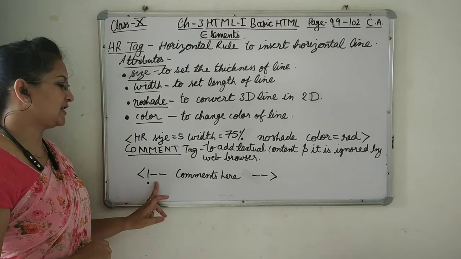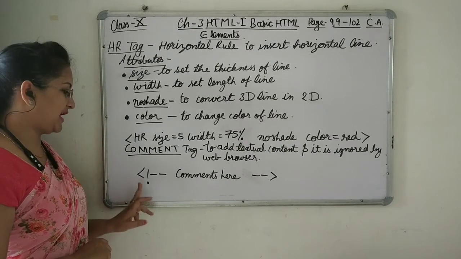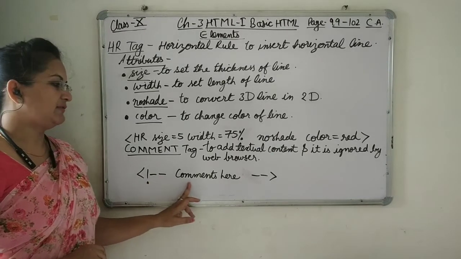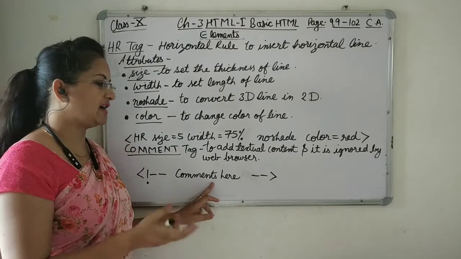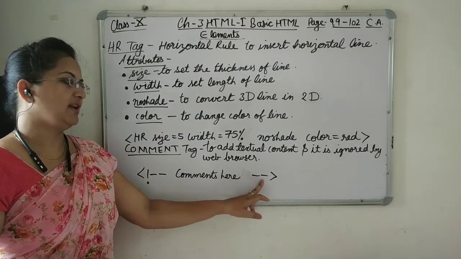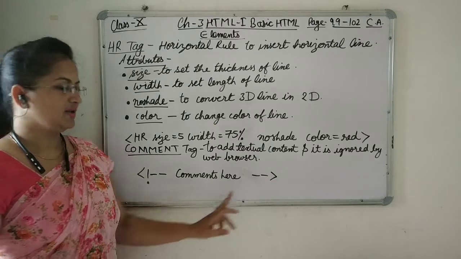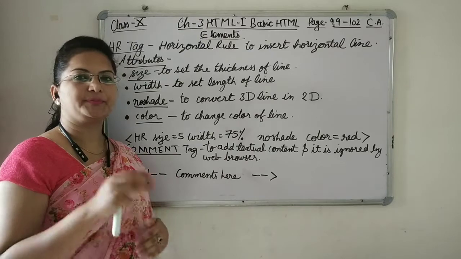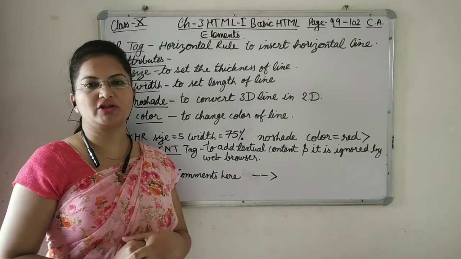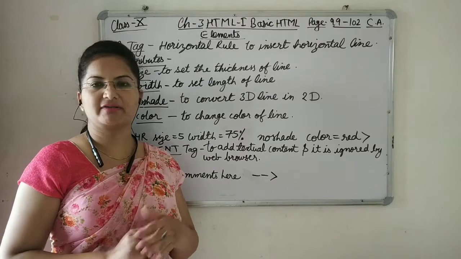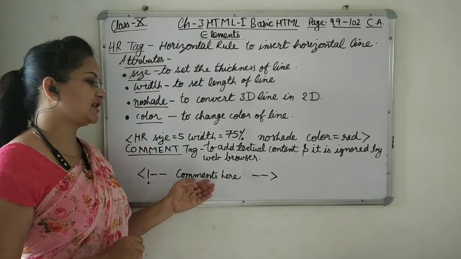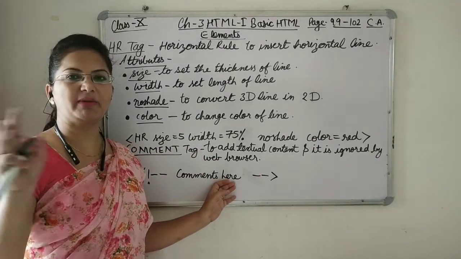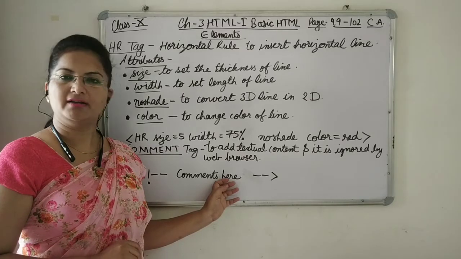How to add textual content which will be ignored by the web browser? We have to use angle brackets, inside that an exclamation mark, then hyphens. After that, you can add a paragraph here, a few words, that is your wish, and then hyphens and the angle bracket. You have to type comments like this. It will be for your understanding only. Even if there are millions of lines in the web page, if we have to categorize various parts of the web page, we can use comments, so that we can simply specify details inside the comments which will be hidden from everyone, but we can read it in the notepad file.